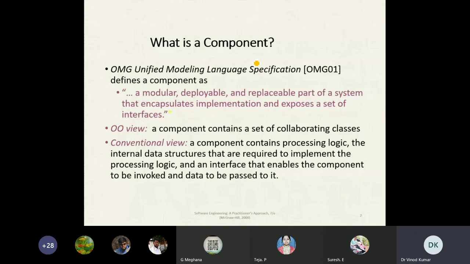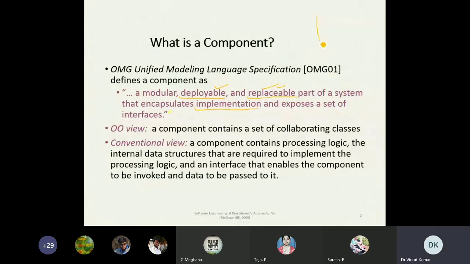So what is a component? A component is defined as a modular, deployable, replaceable part of a system that encapsulates implementations and exposes a set of interfaces.